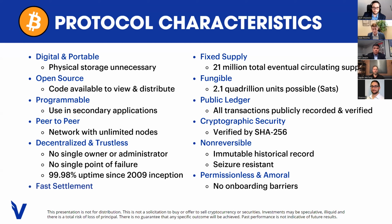The situation in Ukraine comes to mind first. Obviously, being forced to flee your home or country is a scary situation, which can only be made scarier if you have to leave everything behind. However, we've seen examples of people being able to preserve a portion of their net worth in Bitcoin or in digital assets. In Nigeria, right now, there's been a big push